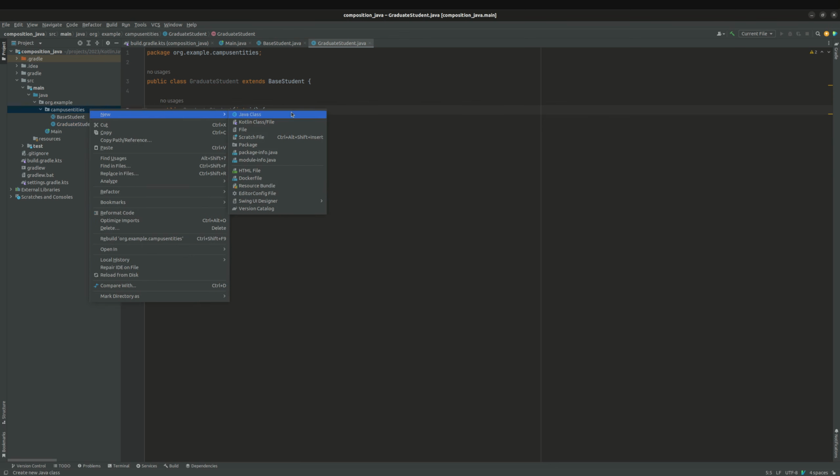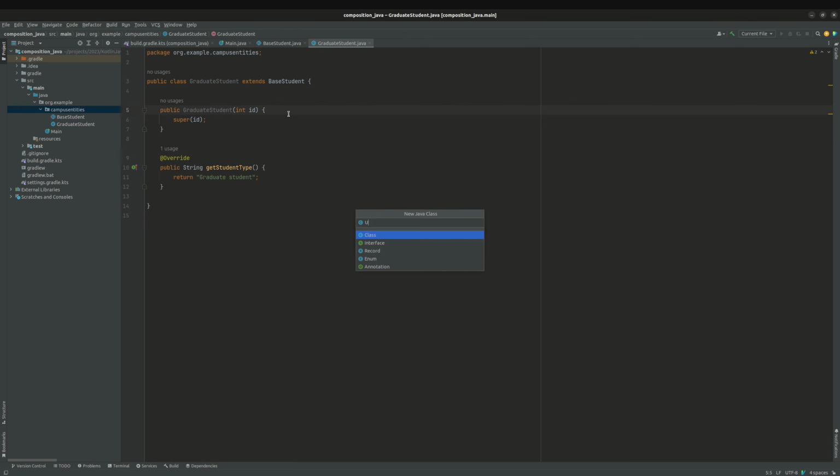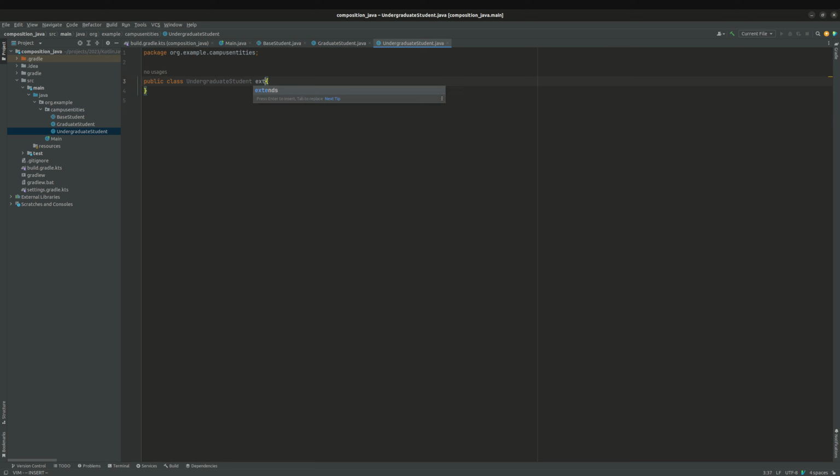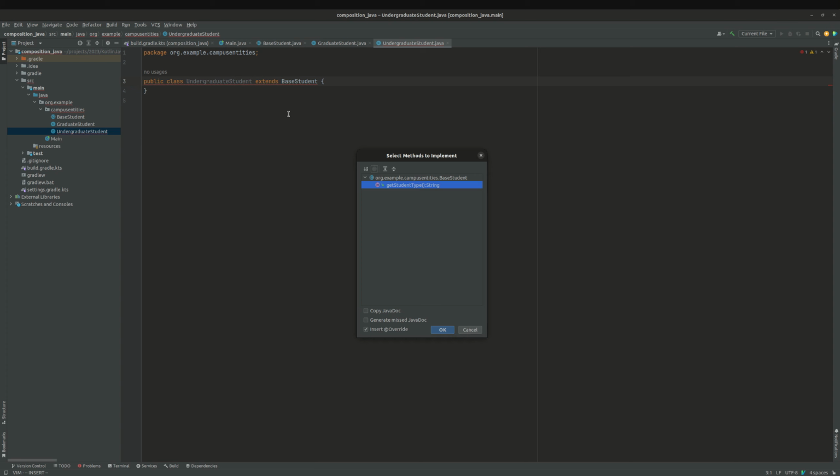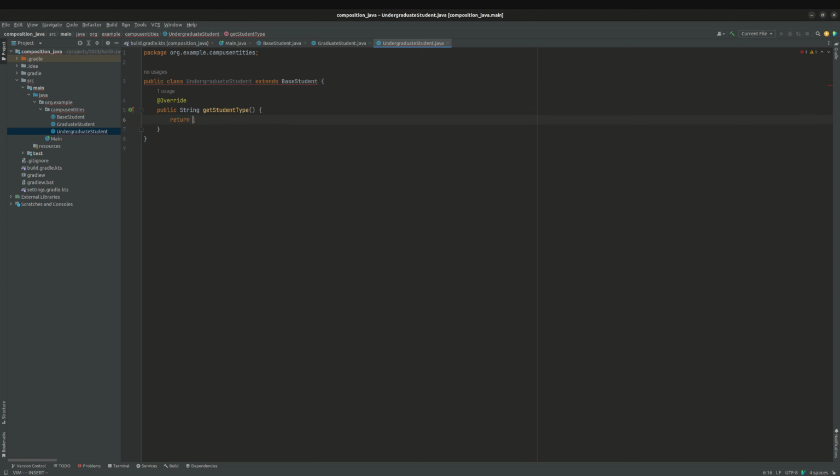And one more for the undergraduate student case. And implement the constructor. Alright, so this covers our student types, and now we can move on to the lecturer